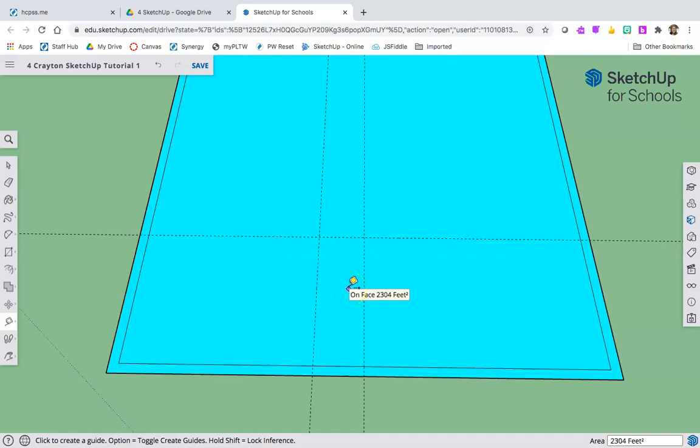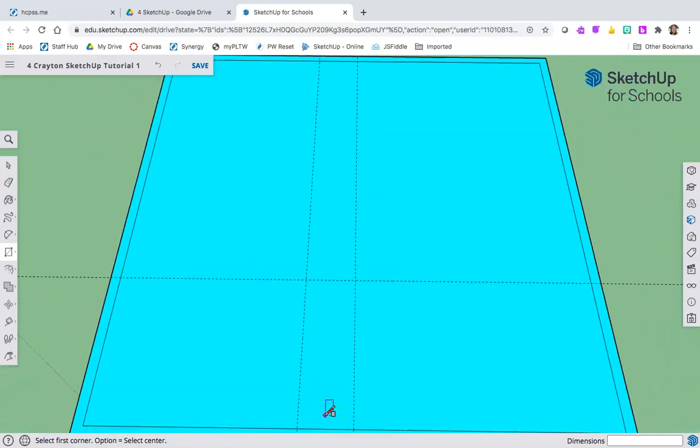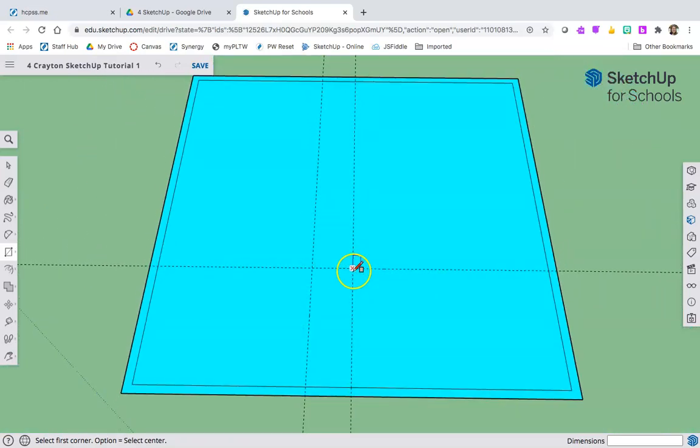So I have the rectangle tool, and look, we get these X's, these intersection points where these dotted lines are. And that helps us to know that we are exactly where we want to be. So rectangle all the way down here, and we made the rectangle. Now, of course, the other way was easier,